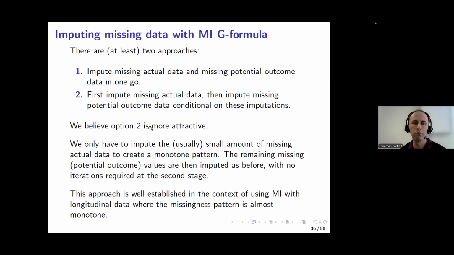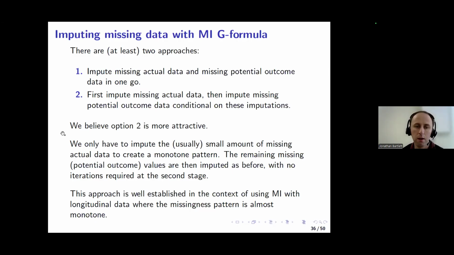And there's at least two approaches that you could adopt here. You could impute the missing actual data, the missing values in your original data set, and the missing values in these augmented rows in one go. Or you could impute the missing actual values first and then impute the missing potential outcomes conditional on those imputations of the missing values. And for arguments that we elaborate on in the paper, we think that option two is